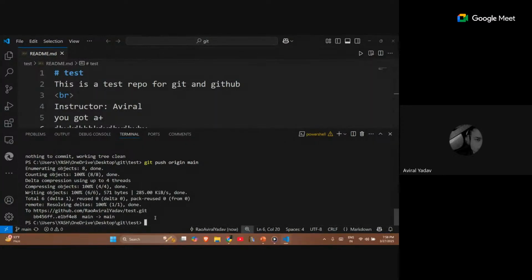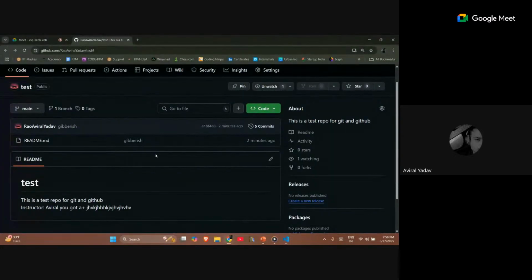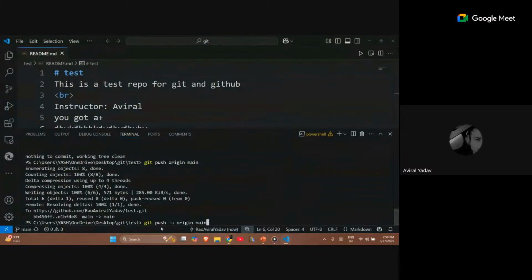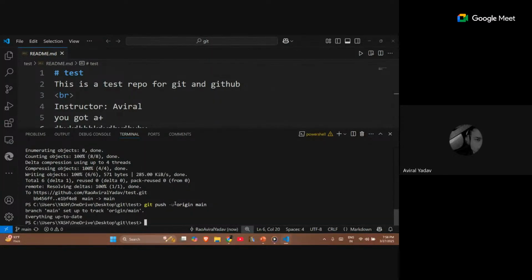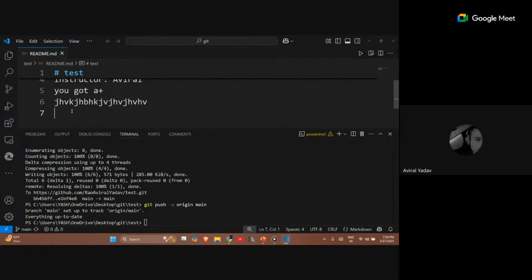You can use another command which is git push minus u origin main. What this command simply does is that if you want to work on this repository for a long period of time, and there are multiple features that you want to add to it, and multiple developers currently working on it, in that case you can use git push minus u origin main, and after this step you can just use git push. Like you can see that everything is up to date because I haven't made any changes. Let me just do something